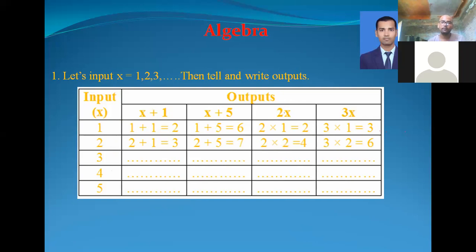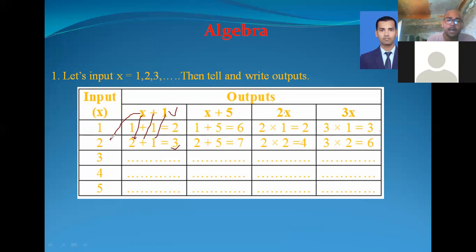In the second table, after replacing the value 2 at the place of x, as we have here, it gives the output like this. When we put the value of x, which is 2, and then there is a plus sign, so plus, you can see here, and 1. So here 2 plus 1 is equal to 3, which is the output of the first expression x plus 1.